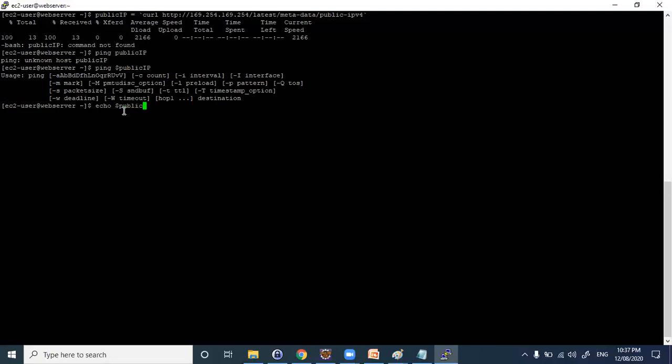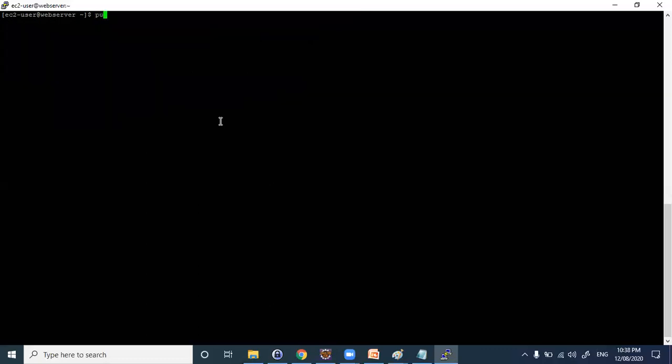I think Harish, we need to export that variable. I think in the above, like export public IP. No, export is not required. We are just storing this into a small variable, right? So that is not required here. Let me check this.